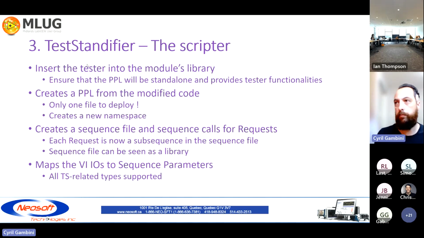And so the tester is inserted into the module library. So the tester is in the PPL. You've got one file, and that file also includes the tester, so you've got one file to deploy, and it creates a new namespace. I talked earlier about customers who were scaling the same DQMH module in the UI and in the sequence. It can create weird things because of the namespace when building